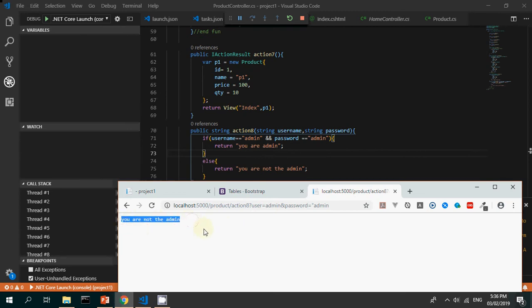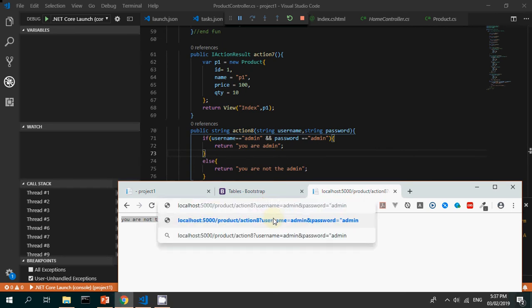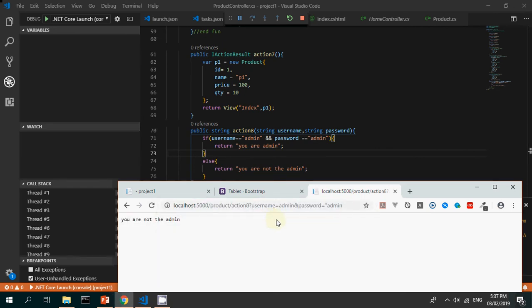message. The reason for this is because whenever you pass the parameter, make sure that the name of your parameter here matches the name of the parameter here that you make for your signature. So if you want to keep using user here, you have to go to your actions and change from username to user. But in my case, I'm gonna keep this implementation as is. So I'm gonna put username right here, and you can see that it still says that you are not the